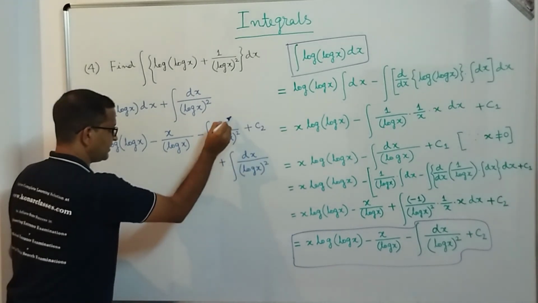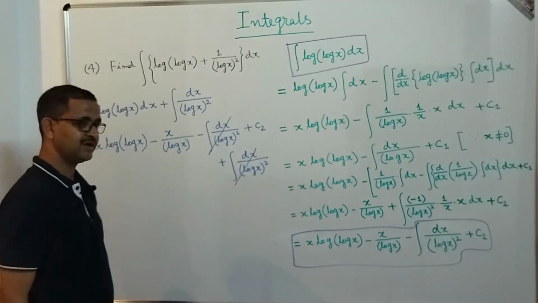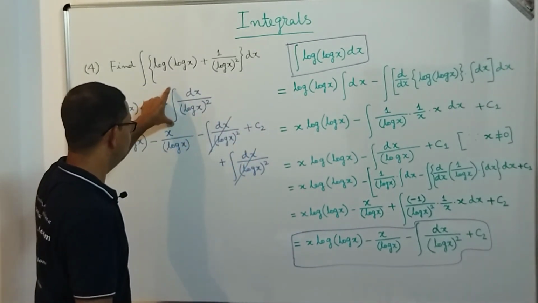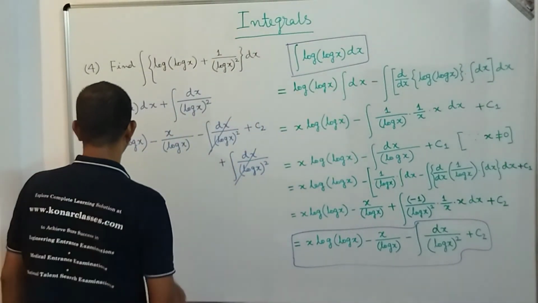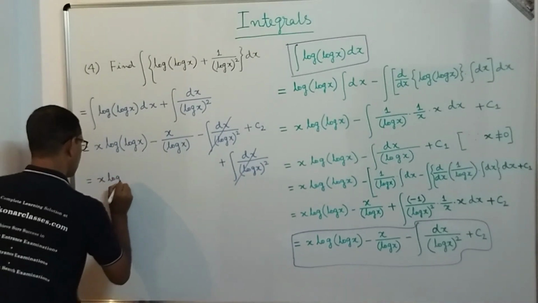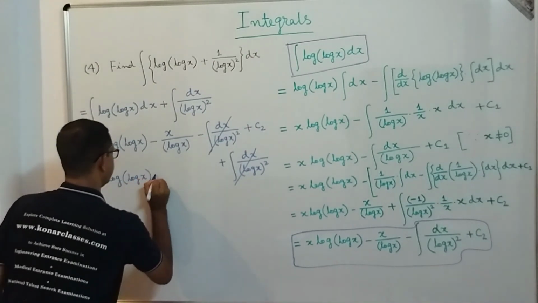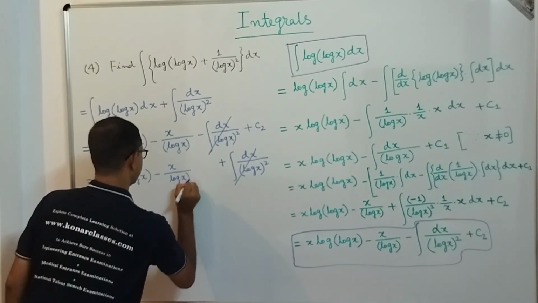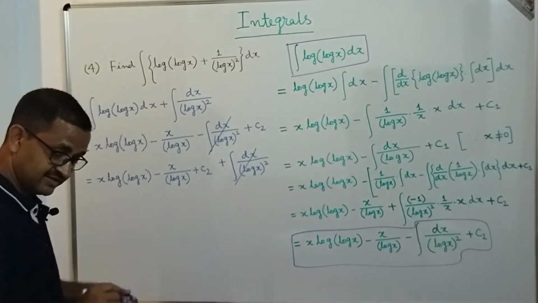So what we see is that minus dx by log x whole square and plus dx by log x whole square get cancelled. That is why it was not required to perform that integration of dx by log x whole square. So what we get, final answer, is x into log x, okay, minus x by log x, okay, plus one integrating constant C2,